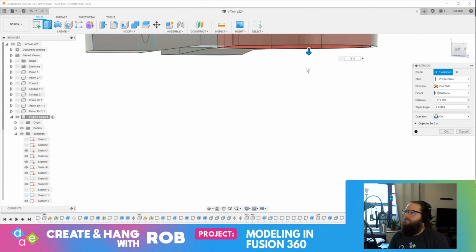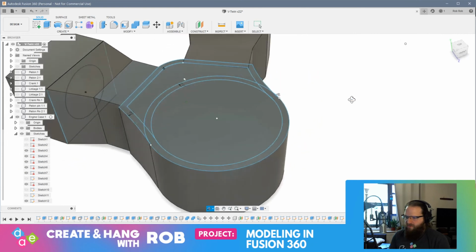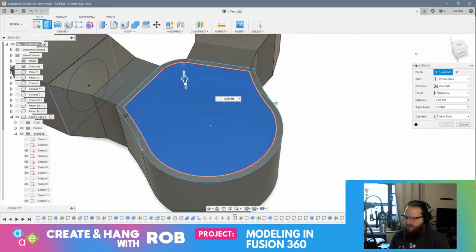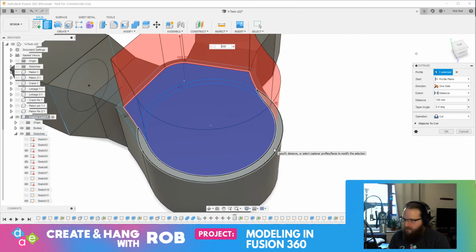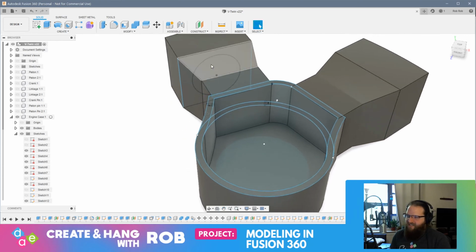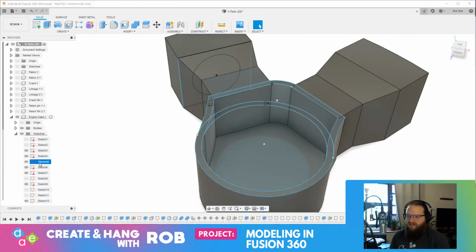Let's see. Okay, let's see. I want to join this. Okay, right? Alright, so now what I should be able to do is grab this same geometry, press pull, and this is going to come down... Oh, negative 100. Okay. And so now, the only thing is now I need to take this sketch, right? Oh, that's not what I wanted to do. I need to take...